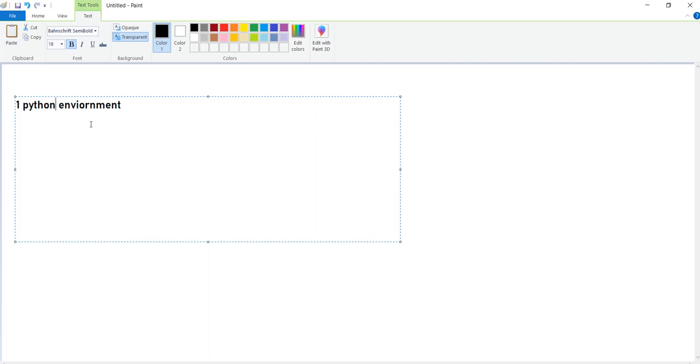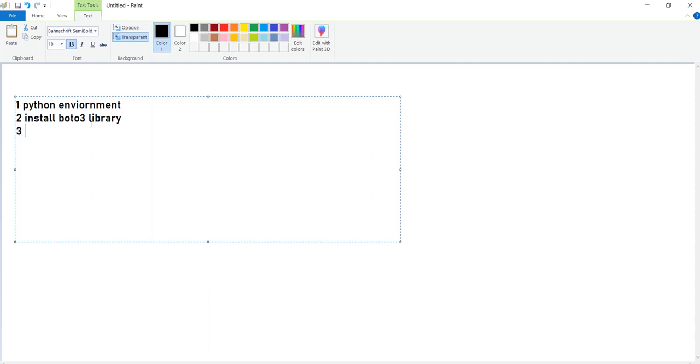If you are a Python developer, you know about it. Now the second step is you need to install the Boto 3 library in that environment.